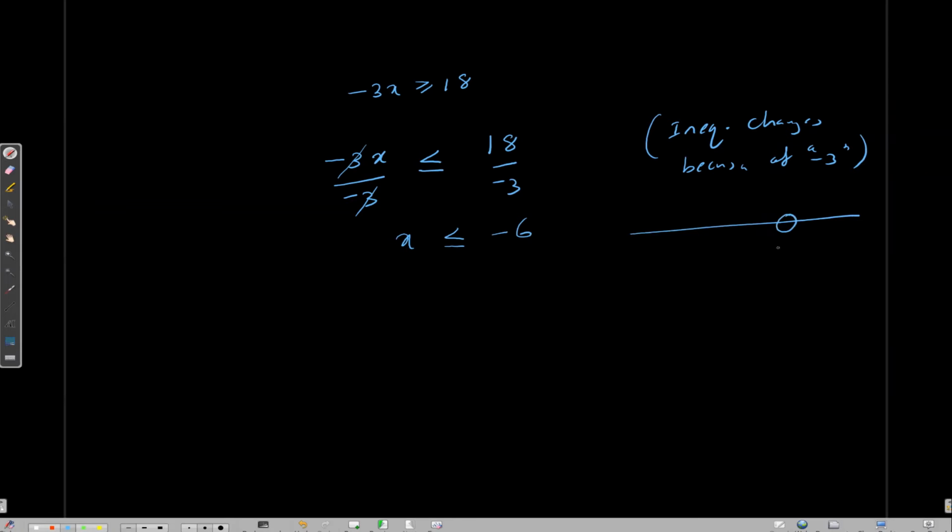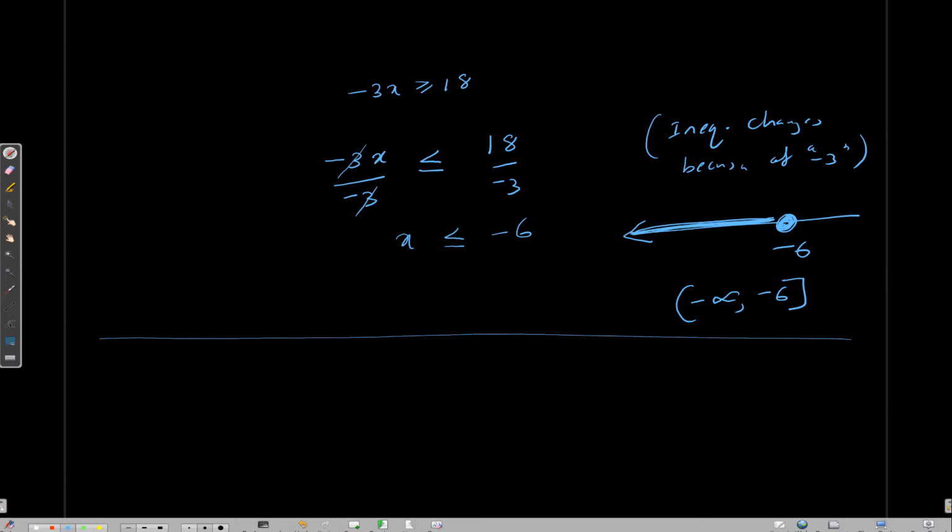So let's say -6 here. x can be anything to the left, and again we have an equality sign in this one. So this, in interval notation, looks like this. Now,